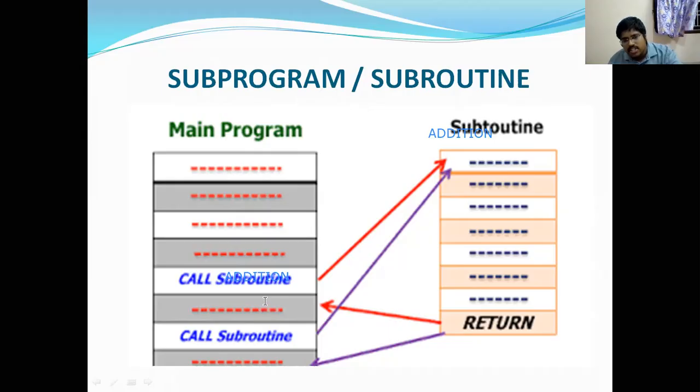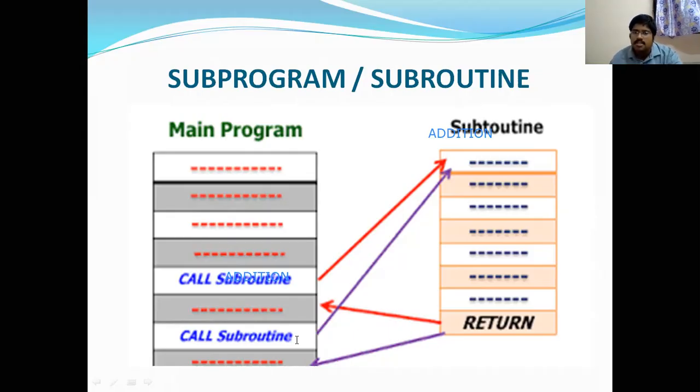After executing some instructions, again I encounter the same call instruction. Here also, for example, assume call addition. Then again my controller goes to this particular subroutine. It will execute all the instructions. Once it encounters the return instruction, it will return to the main program, to the next instruction, but not